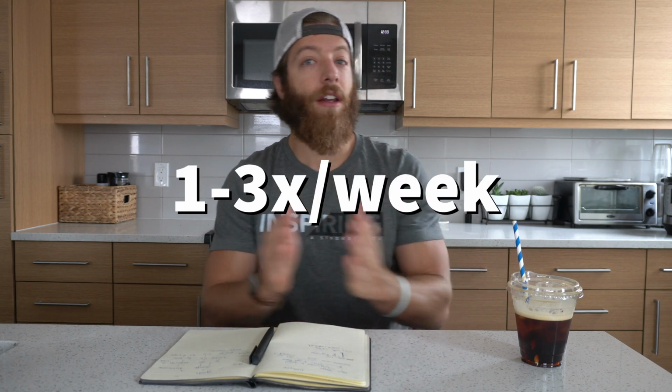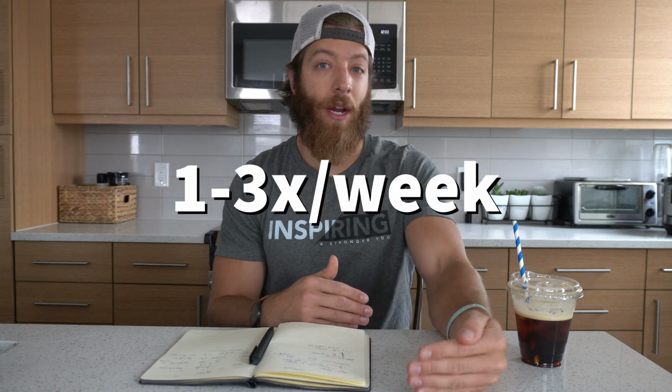Now, let's look at the intermediate and advanced lifter. How many times a week should they deadlift to improve their strength? Generally this will range from one to three times a week. Higher trained intermediates and advanced athletes can probably handle a little bit more training volume, but then we have to consider that these athletes are probably training with heavier weights, so we do need to factor those two in